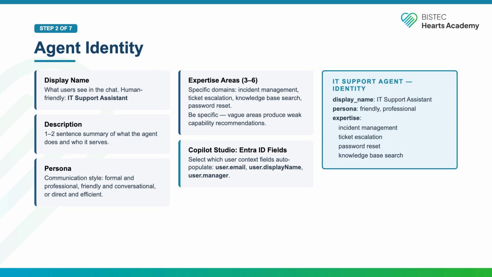Vague expertise areas produce vague capability recommendations. If you write "IT support" as your only expertise area, Claude has to guess. If you write incident creation via ServiceNow, password reset via Active Directory, knowledge-base search via SharePoint, Claude knows exactly what